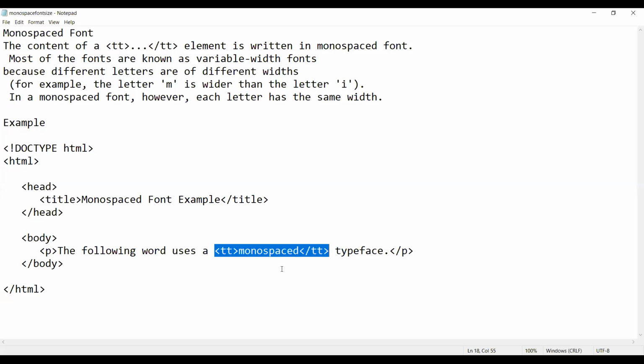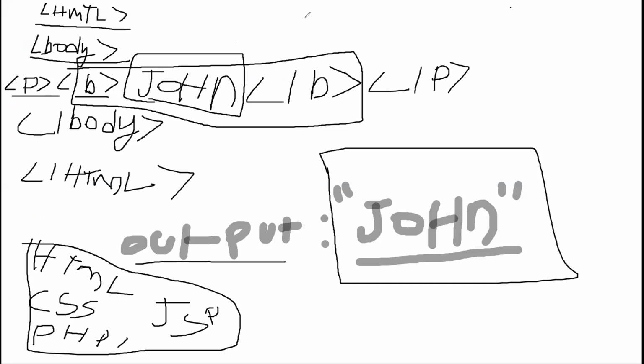For example, I will show you. Monospace font. Carefully observe, this is important.